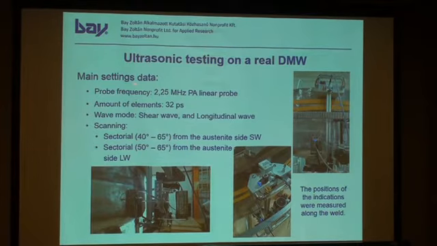The probe frequency that we used was a little bit low, but even higher than what some others use. So this 2.25 megahertz is said to be low, but usually we have 5 megahertz or even higher probe frequency. But in this case we had to use this to get a proper value. Shear mode and longitudinal were used as well, and sectorial scanning was carried out. And you can see the phased array technique is good because you can scan a very huge area.